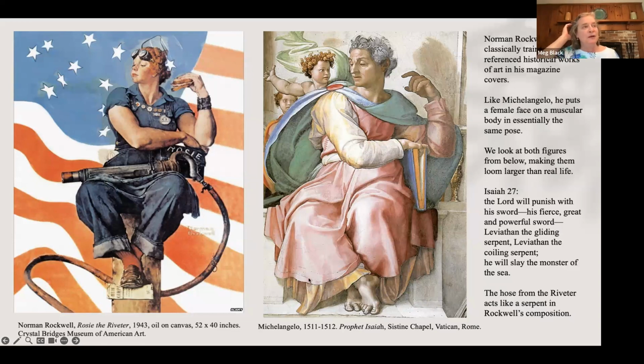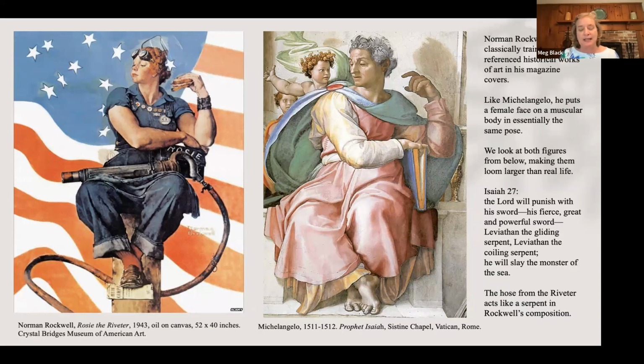And I've had the chance, I live in Massachusetts, so I've had the chance to go to the Rockwell Museum. It's quite lovely. The architect, by the way, the Rockwell Museum is the same architect as the George Bush Library in Dallas, Texas. So just a fun fact. It's Robert Stern is his name. But if you look at Norman Rockwell's sketches, you'll see a ton of these drawings of these very famous images. So this is right off the Sistine Chapel.